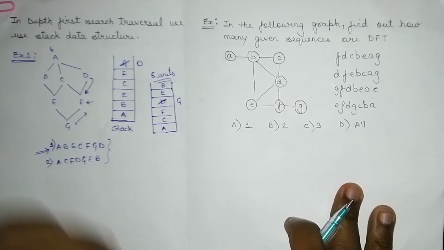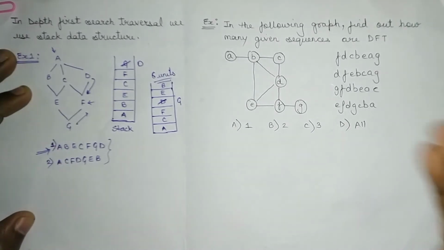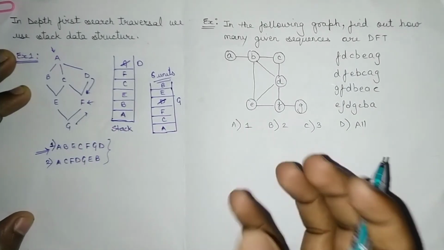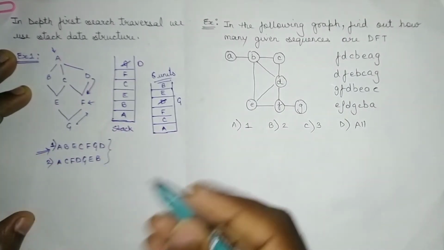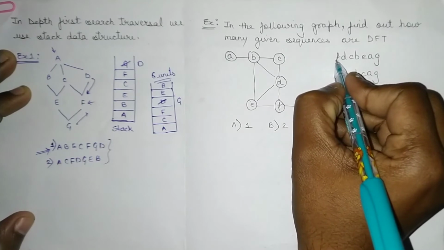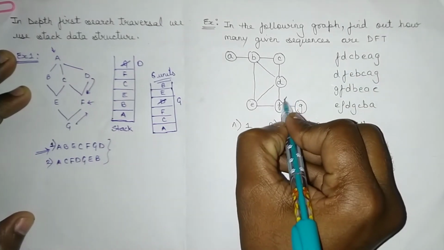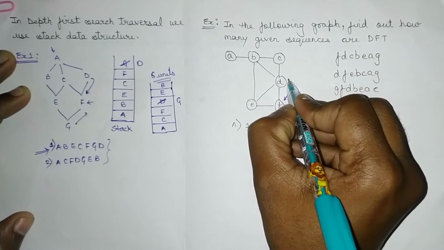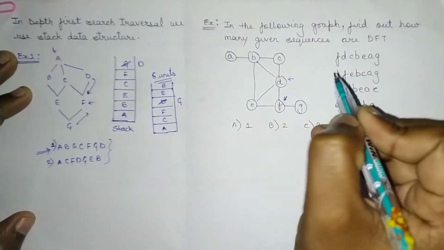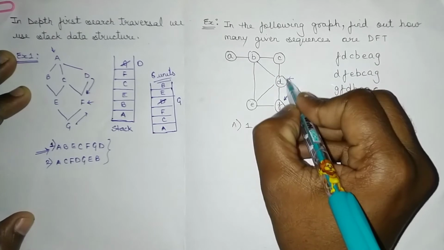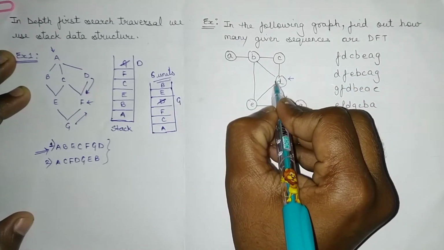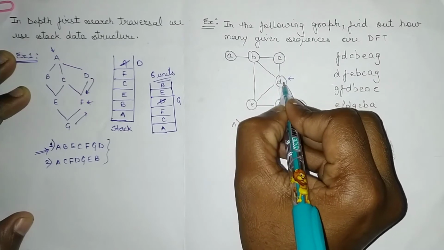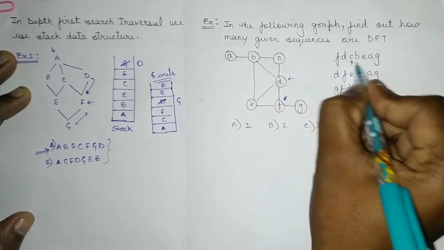So let's try to do this as well. I'm going to do it directly. Just follow how I'm doing it. You can easily do it on your own. First I'm starting from F. After F they are taking D, which is another adjacent, which is okay. After D they are taking C. We have to visit the adjacent of the newly explored vertex. Newly explored is D, so after that they move to C.